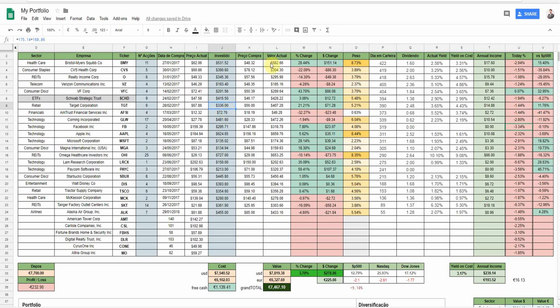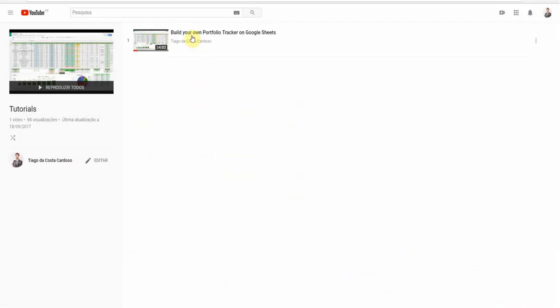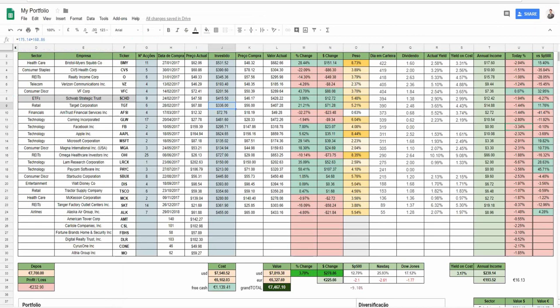So basically a couple of months ago I did this tutorial where I explained exactly how I track my stocks in my portfolio. And today I wanted to give you some updates, some tweaks I did on my portfolio. I want to show you two new columns, two pretty simple columns that might be very useful in the future. So the first one is the percentage gain